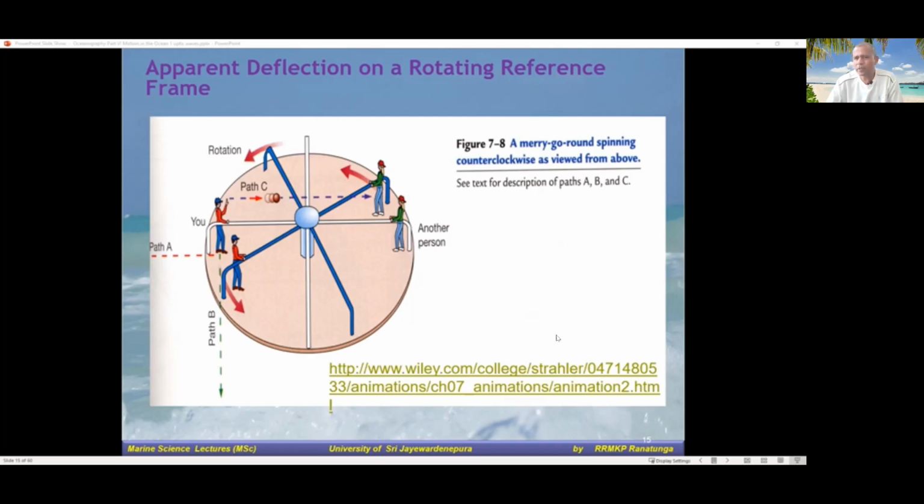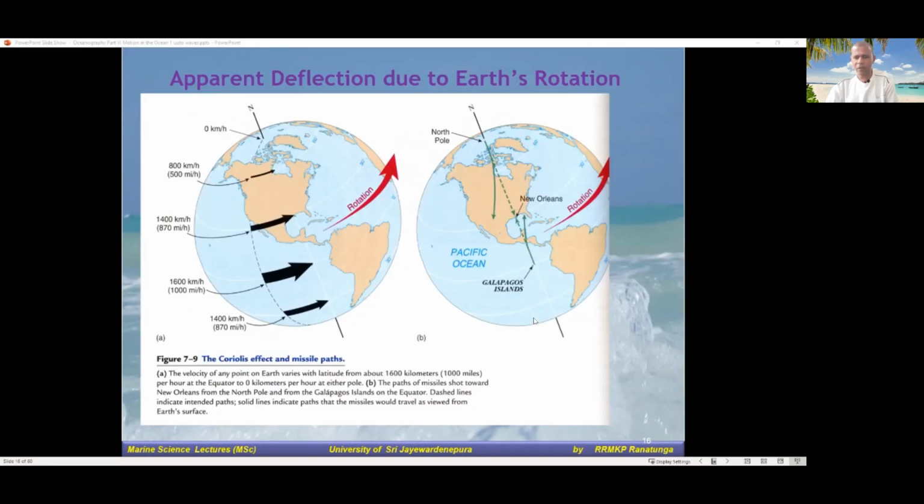This won't affect very much in a cricket field, which is just 60 meters or so, and the deflection may be just less than a millimeter. Usually, in every 300 feet it will change about 1 inch, if my memory is right. But as you go further, that will affect greatly. Now the question is, how does it affect your day-to-day activities? This is not a big issue for our day-to-day activities, but as I mentioned before,